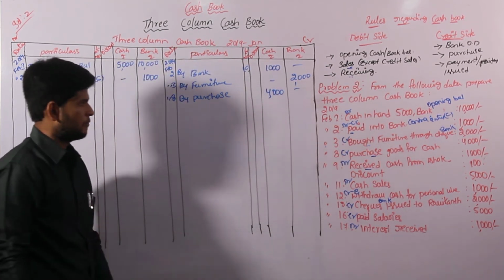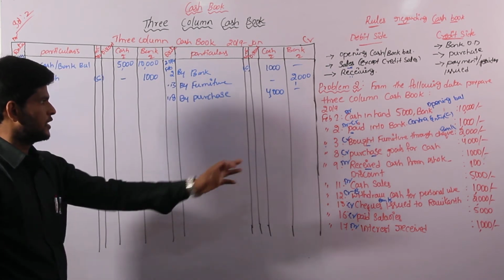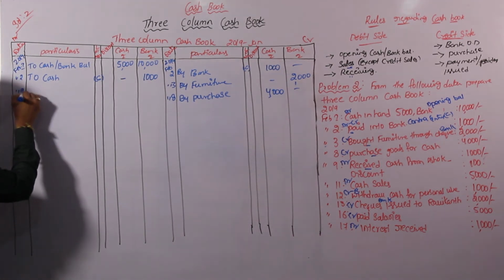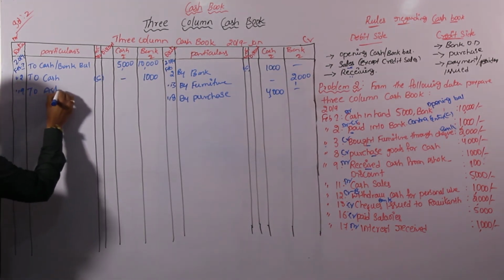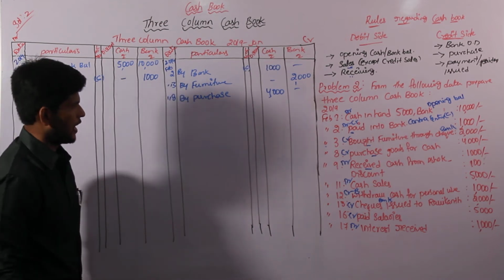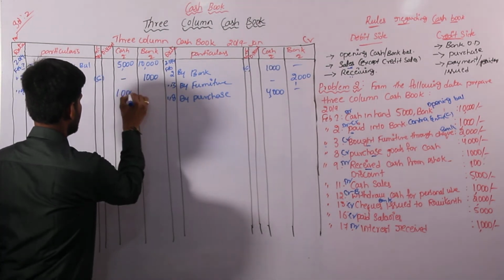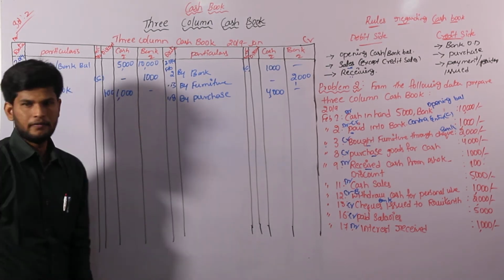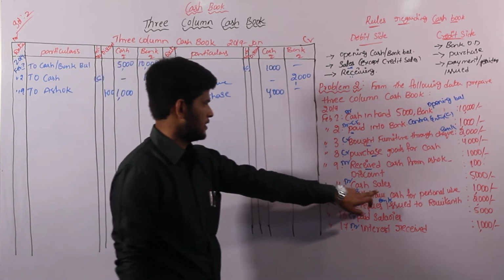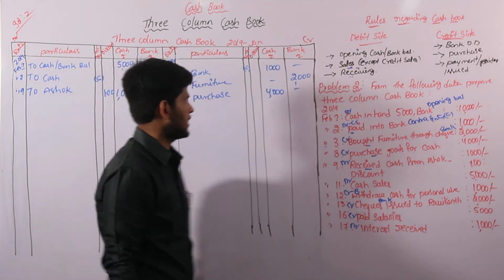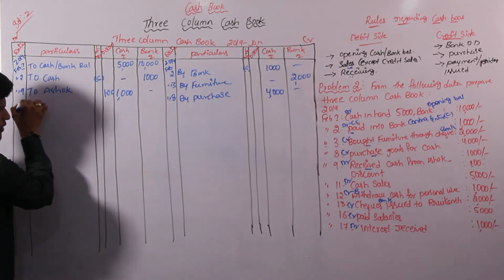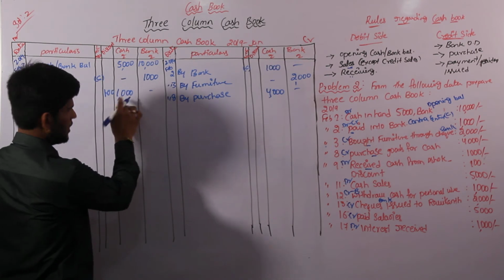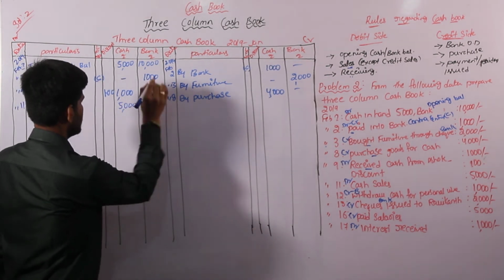Next, received cash from Ashok 1000, discount 100. So receiving is there on the debit side, that is on the 9th. To Ashok, we are receiving cash, so we have to enter in the cash column. But there is a discount, that is 100 rupees. In the discount column, we have to enter the discount amount. Cash sales is also a debit side transaction, that is on the 11th. To sales we have to write. In the cash column we have to enter the amount because there is no check and there is no bank